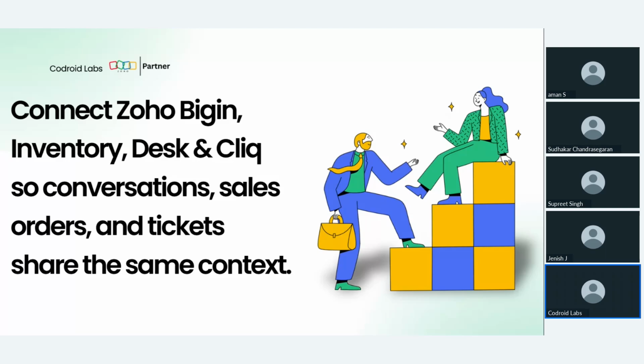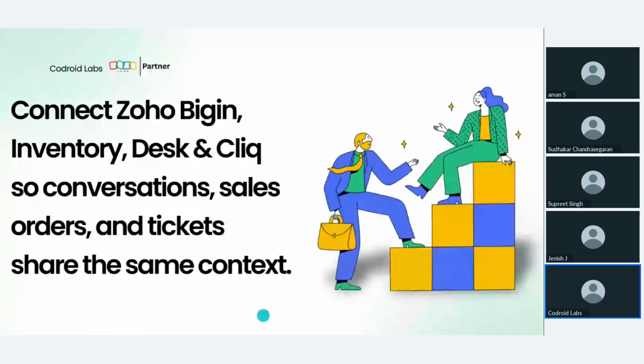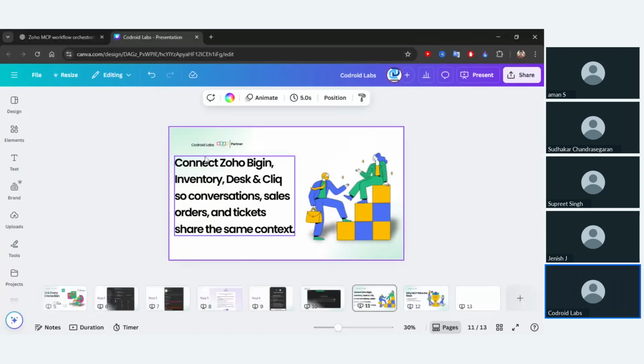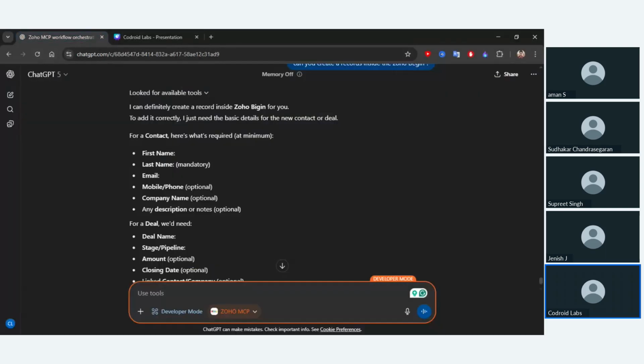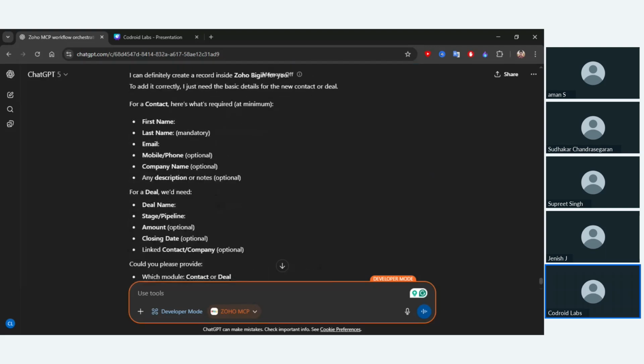So yeah, I will share my screen, my MCP server, and my ChatGPT, where I will interact. I connected this whole Zoho MCP. So here we go. I think you will see my ChatGPT.